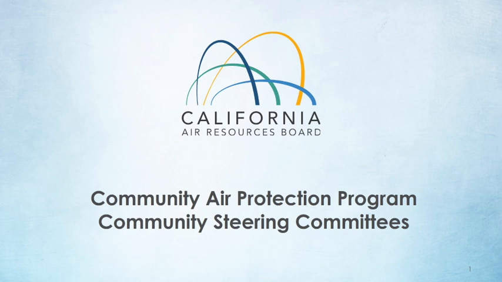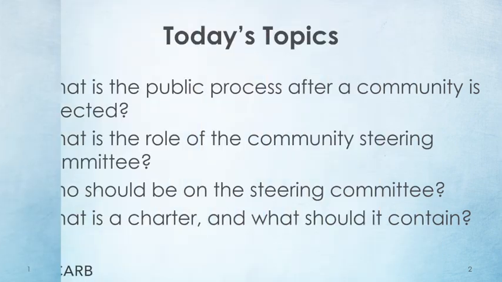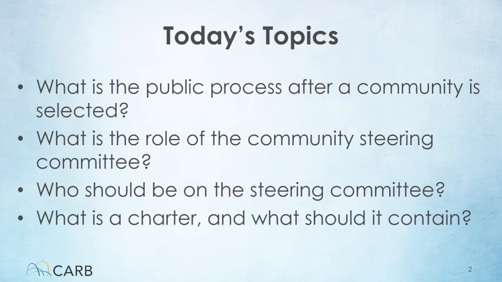Welcome to the Community Air Protection Program online training series. This training will cover community steering committees, which is the key partnership guiding emission reduction programs and air monitoring under AB 617. Today, we'll cover the public process after a community has been selected for developing an emission reduction program or air monitoring plan. We'll talk about the role of the steering committee and who should be on it. We'll cover the steering committee charter and what it should include. Finally, we'll end with a few tips for successful meetings based on lessons learned during the first year of the